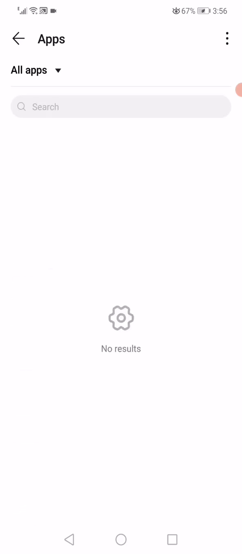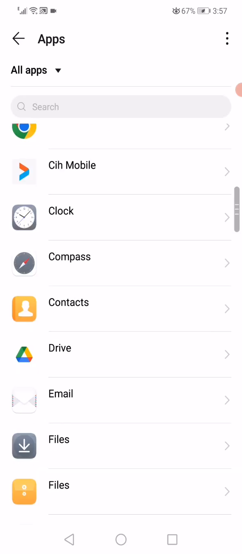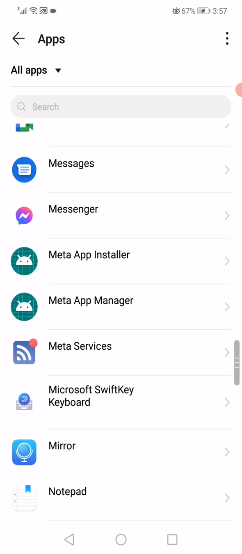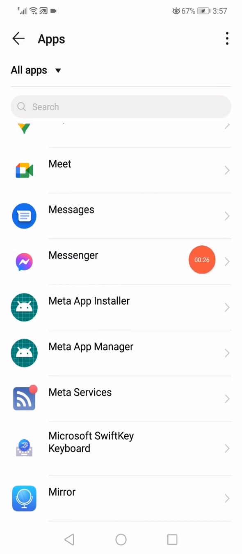When you open the apps manager on this page, you will find all the apps that you have on your phone. So all what you want to do is wait a few seconds, scroll until you find Messenger,